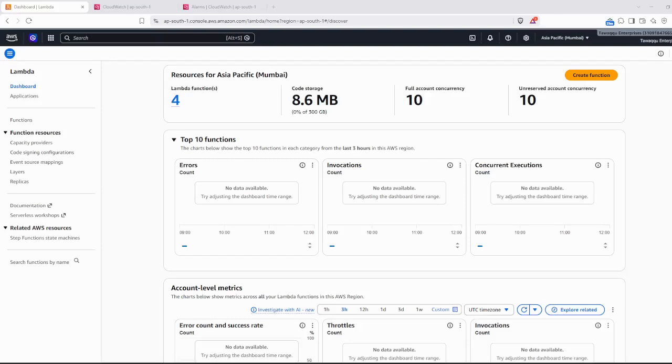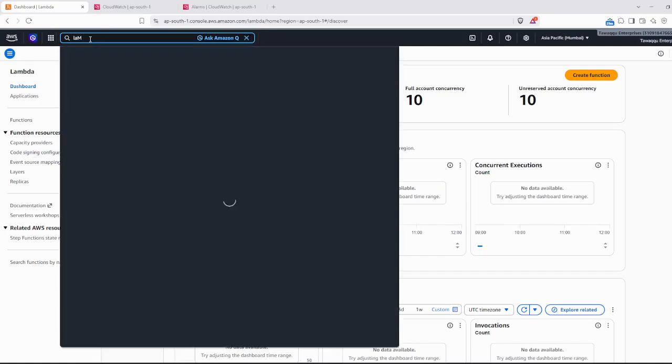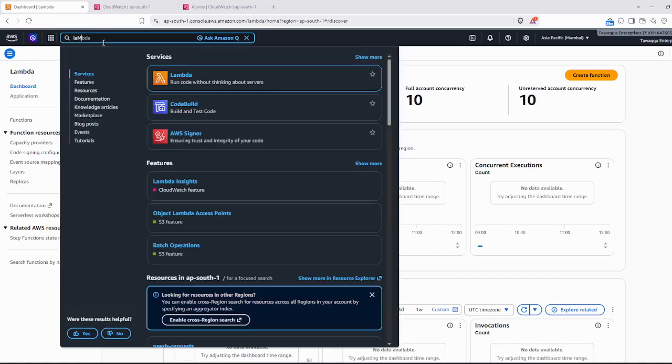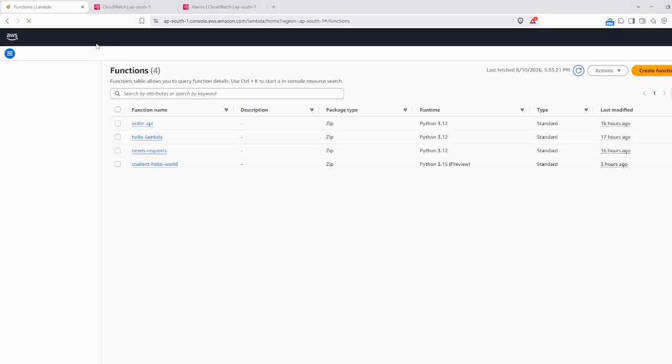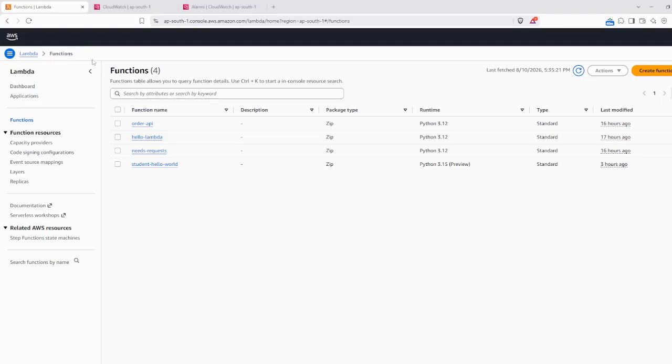So you are not owning any instance here. Okay. So I am going to create a function here. Okay. So you go to Lambda, search for Lambda. Okay. Click on this. So if you search it here, you will get it like